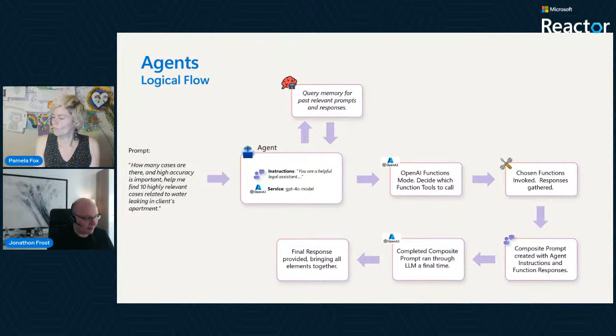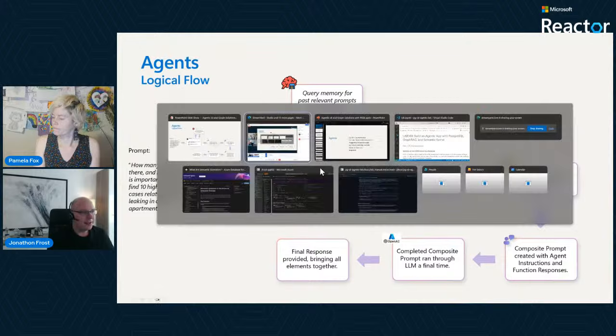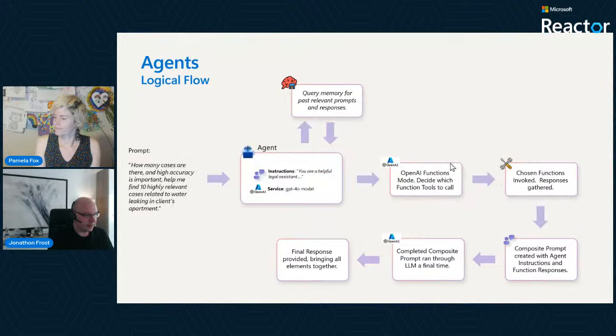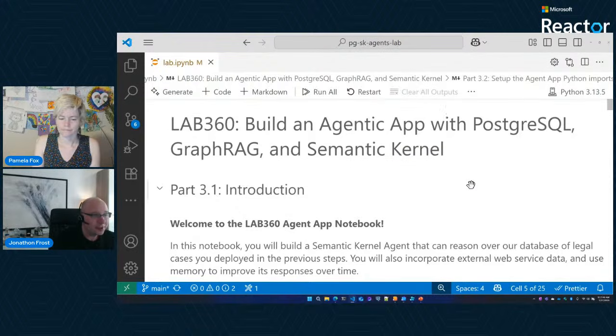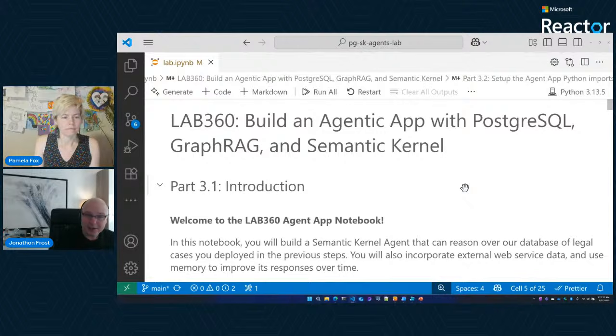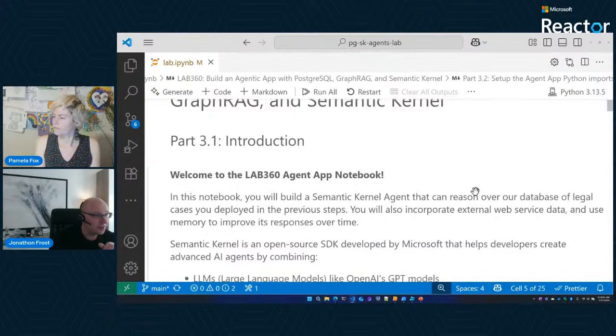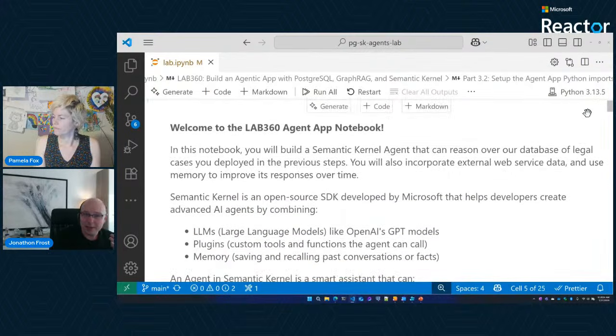I'm going to switch over to VS Code now, and we can start walking through this code. So here, exit presentation mode. All right, great. This is a notebook that we built originally for a lab, and now we've retooled it and have the repo public, which Pamela had shared earlier. All this code and the deployment bicep is available for folks to use. The document goes through and talks through the concepts as well as the code samples, to give both the technical detail of what's going on as well as an explanation of the concepts.